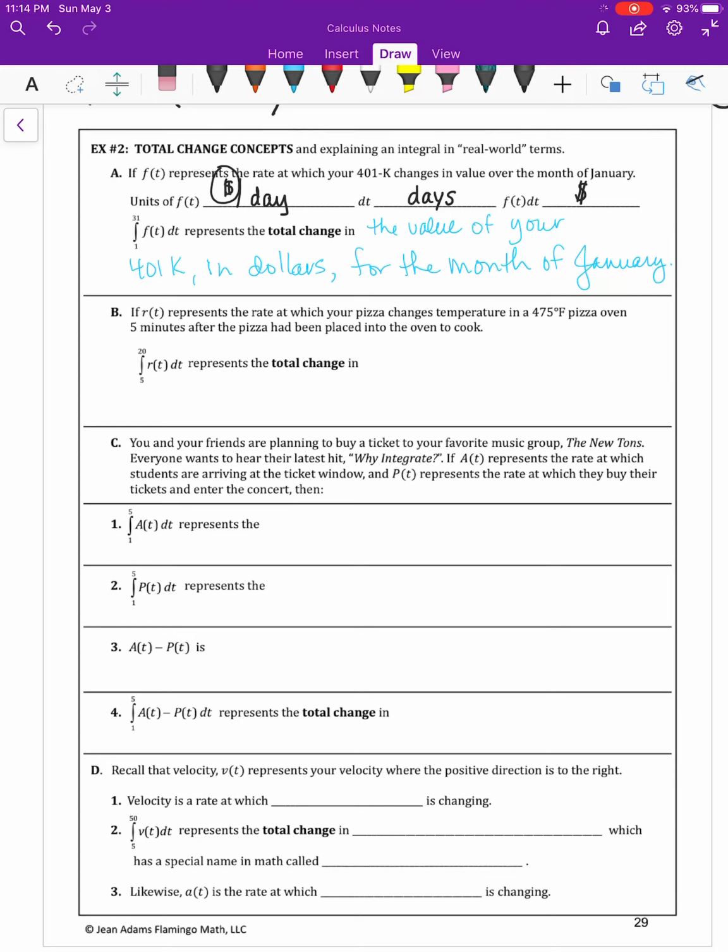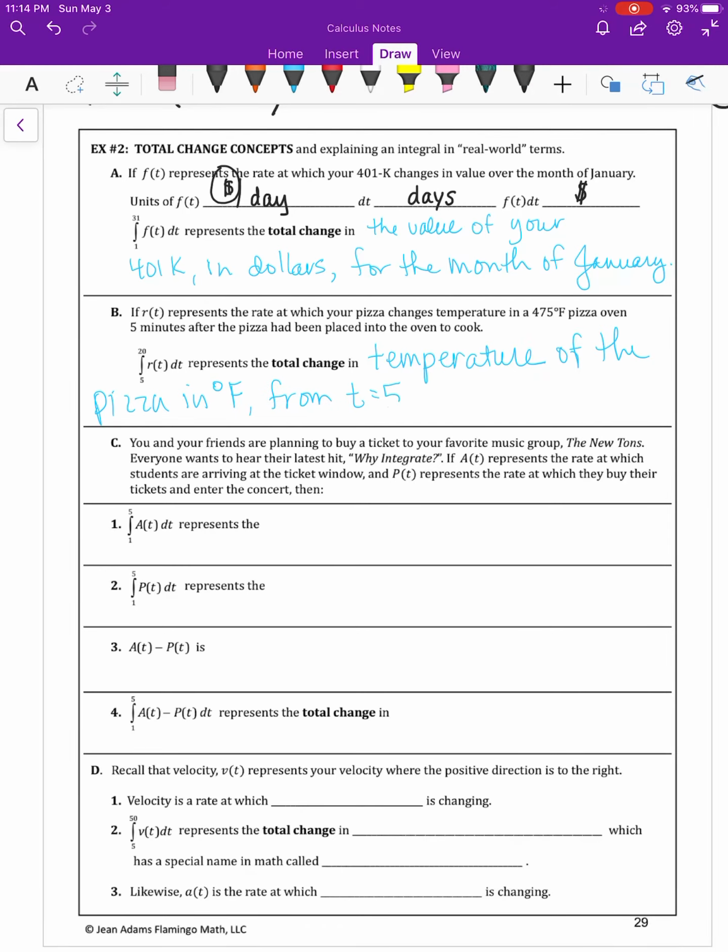So the integral from 5 to 20 of R of t dt represents the total change in temperature